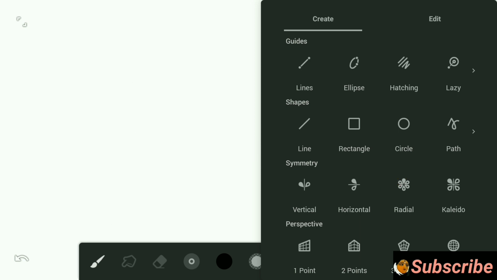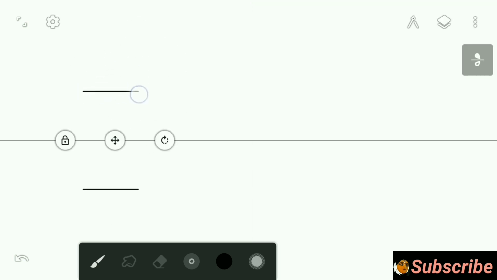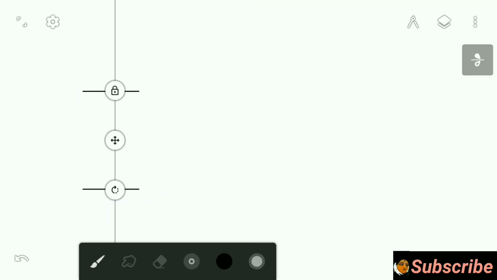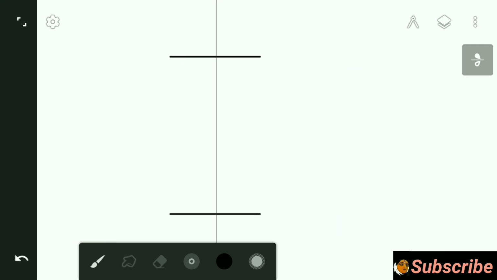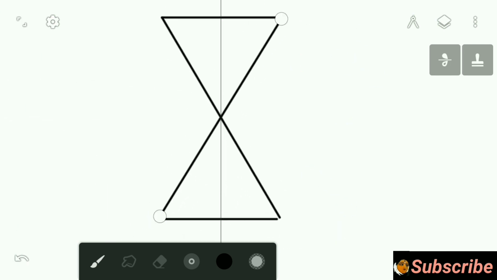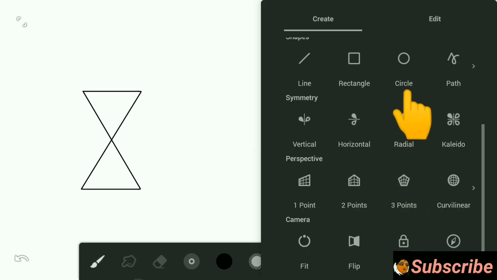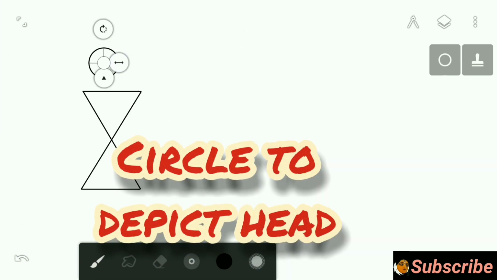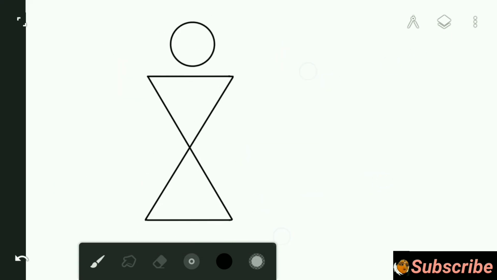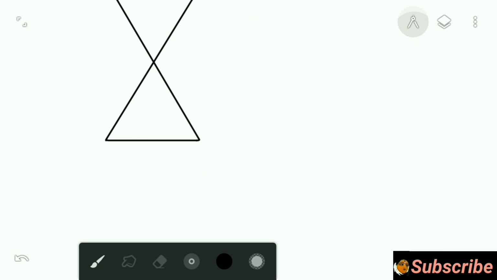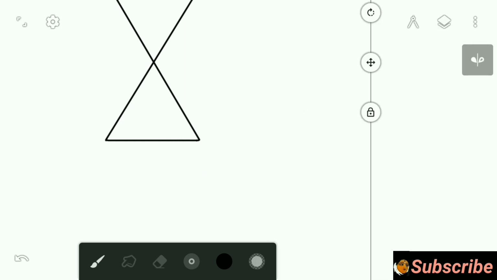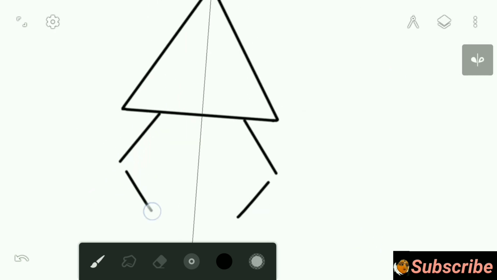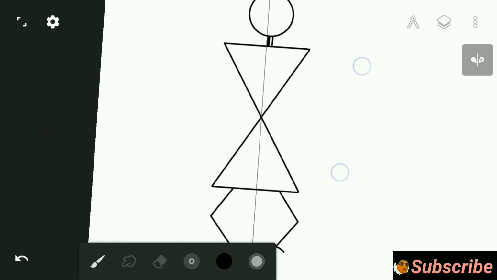Man and woman. Use triangle and reverse triangle for the upper and lower part of the body. You can use symmetry tools also for the upper and lower section. Use circle to represent head. You must know the basic factors of Warli, because everything which is categorized as Warli is made up of these various elements.